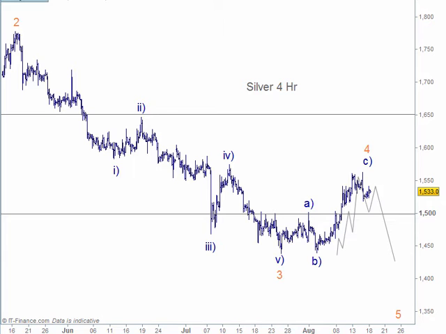Starting with silver here. We'll use the gold chart as an example, but we've been looking at an A and a B and a C wave up through to here. Now, with all trends, there's a beginning, a middle and an end, and we've got the beginning process here. We've got the strong process in the middle, and then we've got the ending area here. So, in a nutshell, we know we are close to the end and a top in place, either one of these tops here or one more top here.